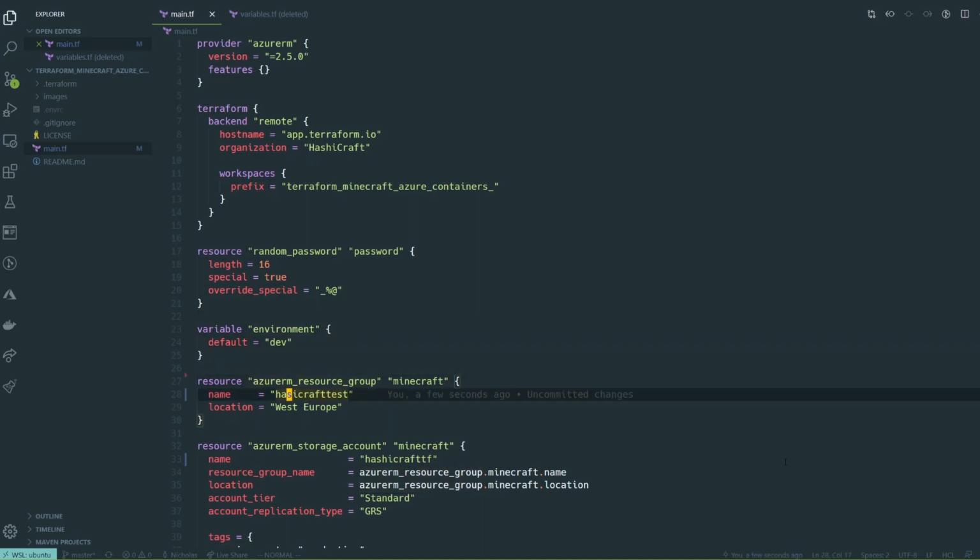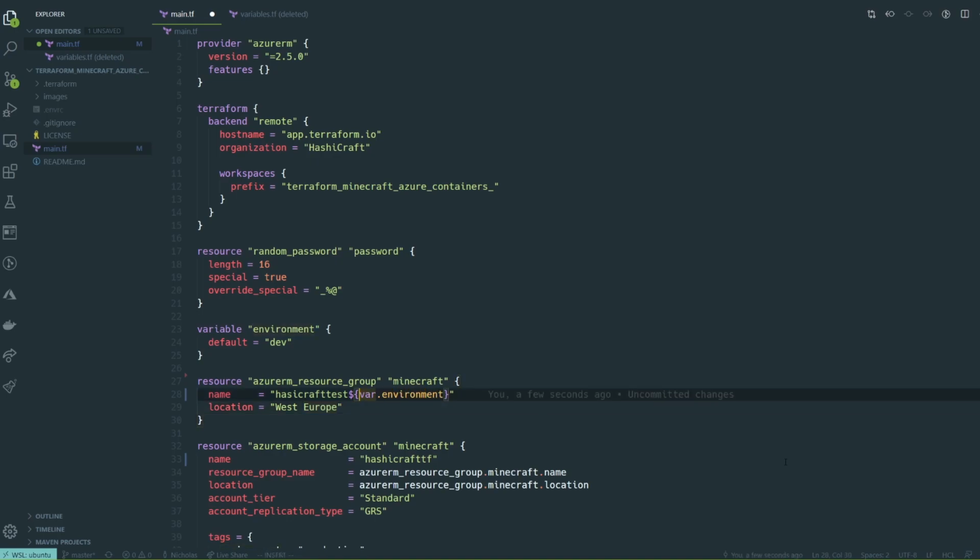Because I've got this defined now, I can use this interpolation syntax inside of my resource group name. I can specify that just like this, var.environment. And that sets things up nice and easy. So what will happen at runtime is that the name for the Azure resource group will now be HashiCraft test and the environment. But there's just one small problem with that. I don't have a resource group called HashiCraft test master, because we created it on a previous run. So I can use some more interpolation and actually write a conditional expression.